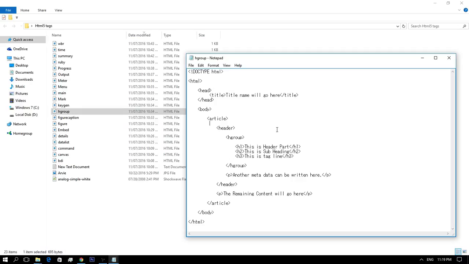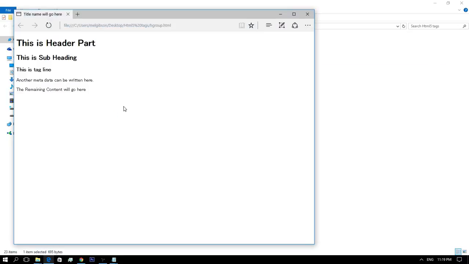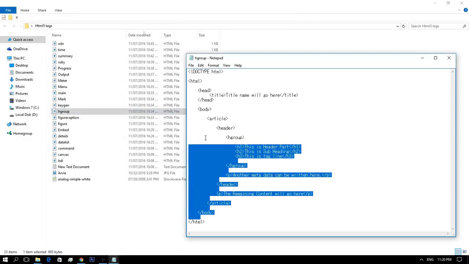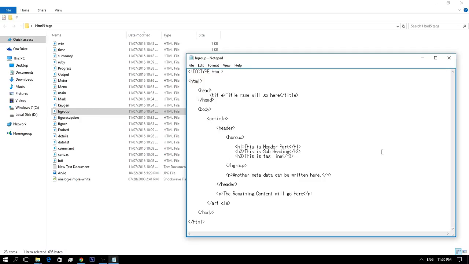So the complete element is wrapped inside the hgroup element. This is our hgroup element. These are the syntax I created earlier.